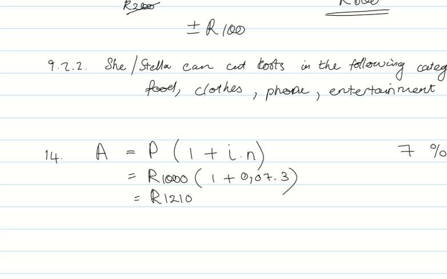So we are looking at financial mathematics, and yesterday I asked you to continue with it. We looked at the simple and compound interest formulas. I gave you two problems to solve for homework, namely number 14 and number 19. I've already solved number 14 actually, so I'm going to read the question, and it says,